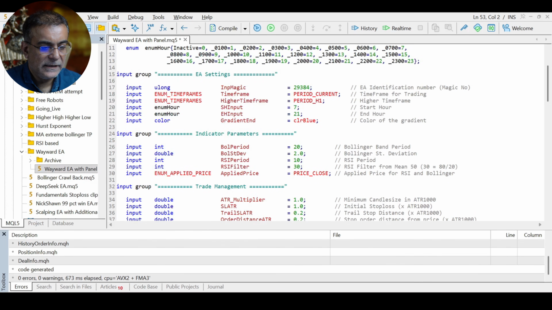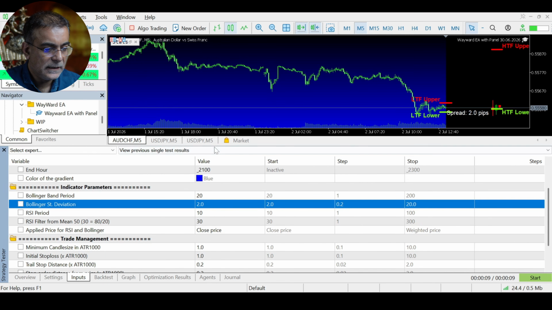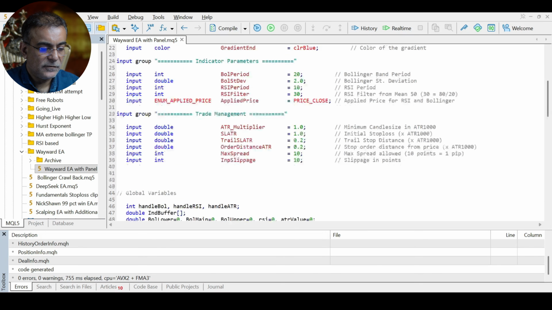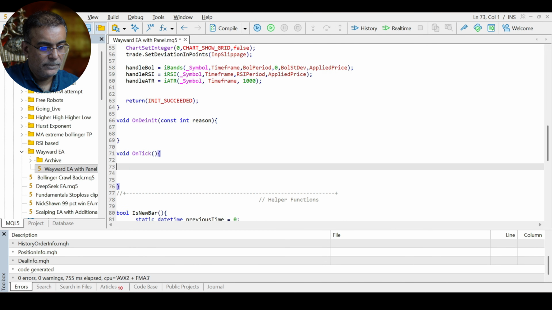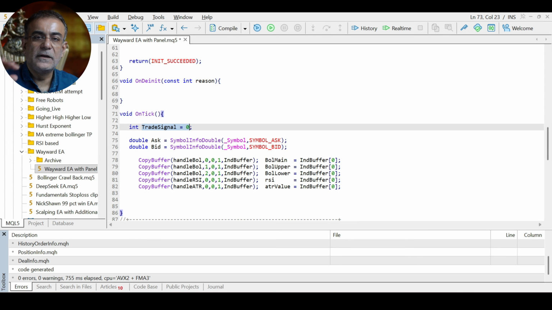Now we have our variables. If I compile now and go back here, now we can see that in our input settings tab, we have the trade management criteria as well that the user can define. And because now we have all the variables that we need so far, we can start working on the on-tick function. And I'm going to start by saying that the trade signal is 0, meaning there is no trade signal